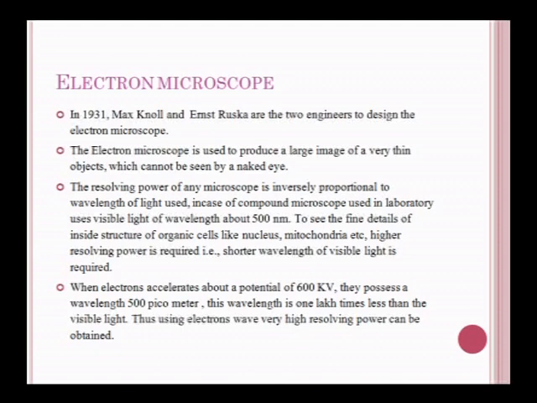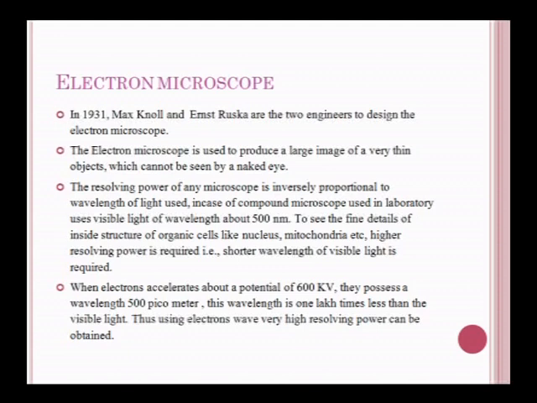Now, suppose the objects are so minute that they are not seen at all, like when one wants to observe the interior of cells, the composition of the nucleus, the mitochondria, or the atomic structures. Then we can't use lenses or the compound microscope. We use a special type of microscope called the electron microscope. In an electron microscope, we do not use light. Instead, electrons are used.